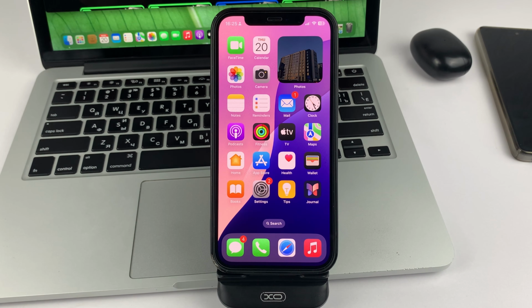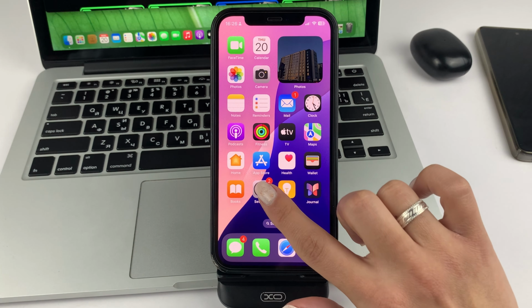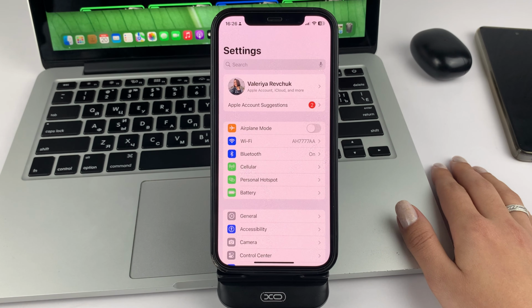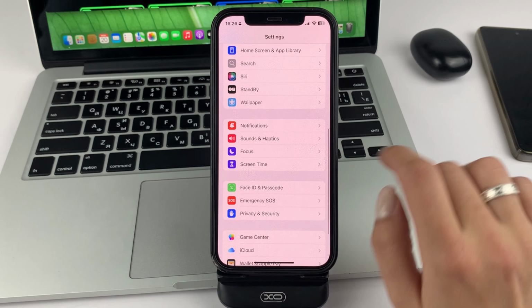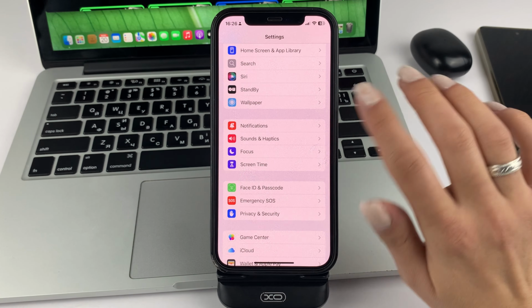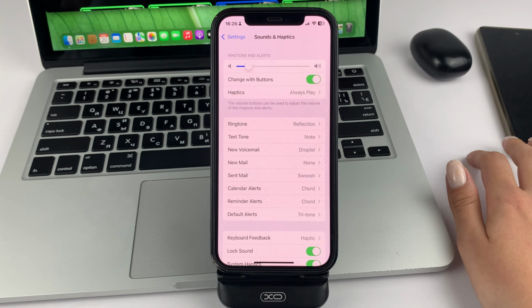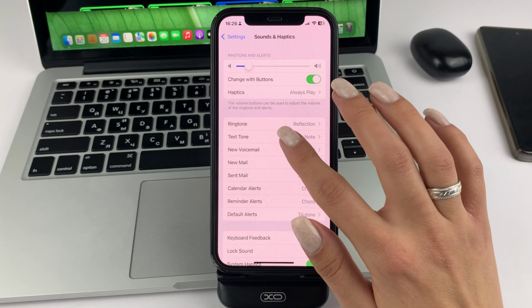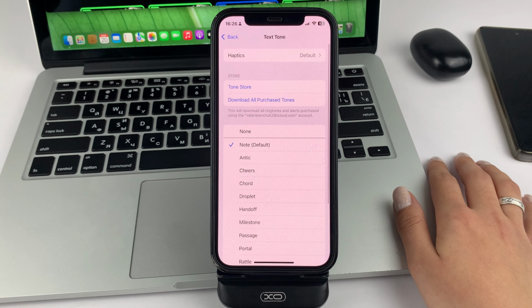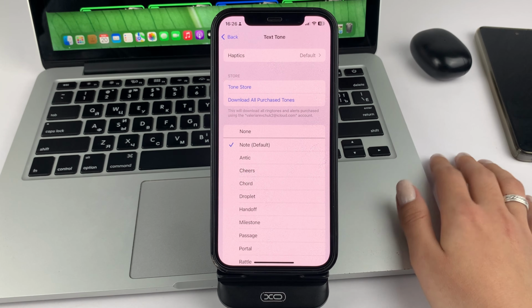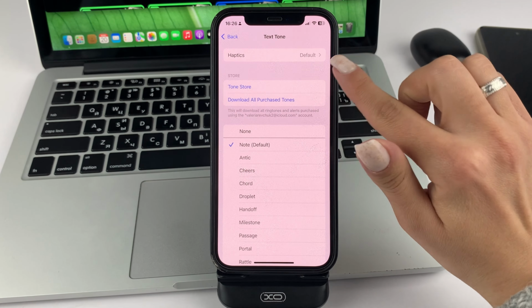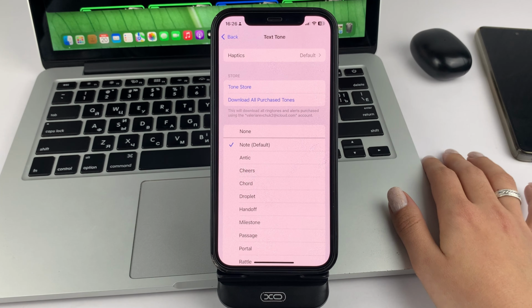So, we're going to get to the topic. First of all, open the Settings app on your iPhone. And then, folks, please scroll down to the bottom and find the section called Sounds and Vibrations. Next, you will need to find the text notification section here. And see, if you want to find vibration, you can easily find it at the very top. That's going to be the very first section. Click on it.